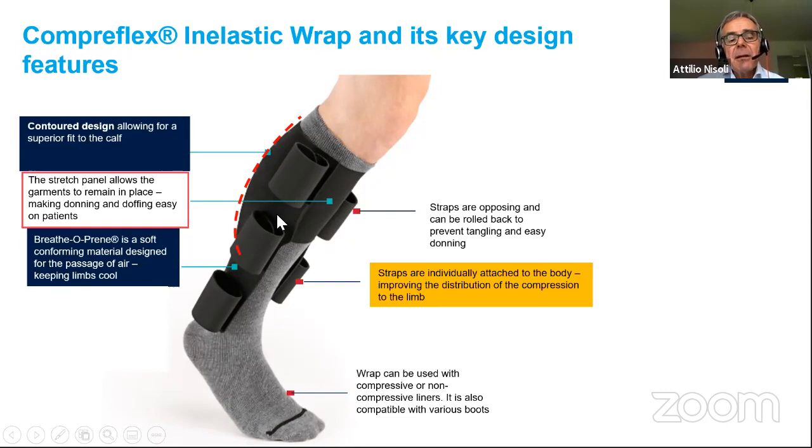The material, it looks like neoprene, and neoprene you might be familiar with when it comes to divers' wetsuits, for instance. It looks very similar, but it's not. It's called breathoprene, and it's really breathable. So we avoid